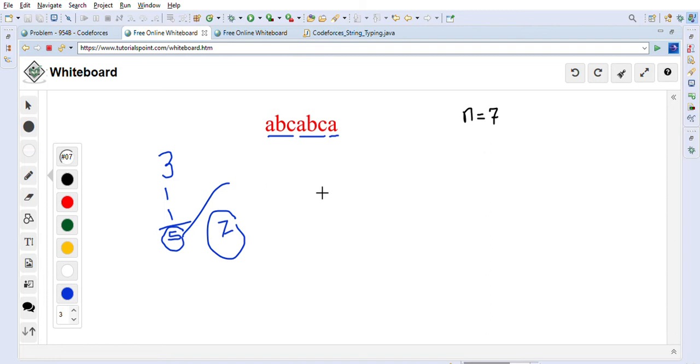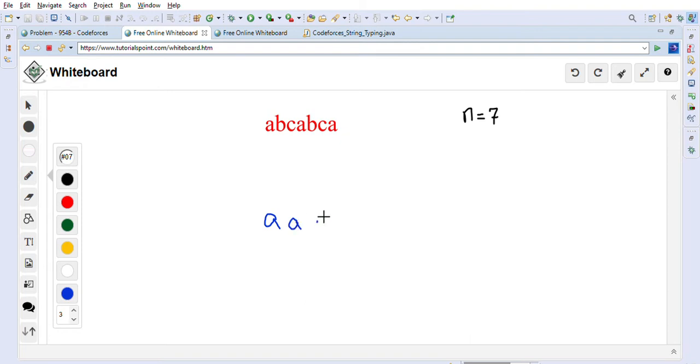So another example they gave us is this example that I will show you, and then we will look at the solution. So a, these are 4 a's, and again a, so again these are 4 a's, right? And a. So this is another example they gave us, right? So if you just type this a by hand, right, without any copying, then it will take you 9 operations, right? But now what we can do is we can divide this into these 4 a's, right?